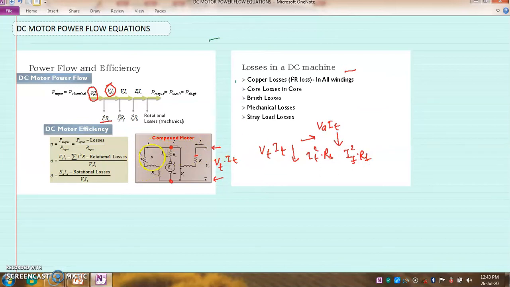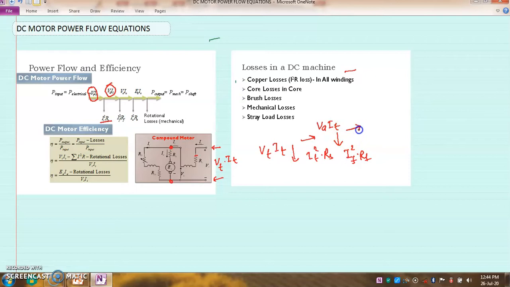This resistance RA is not an external loss. It is inside the armature loss, since this resistance is inside the armature. So I am not subtracting this drop at this instant, because VA multiplied by IT is voltage multiplied by current, but RA is inside the machine. The field loss is external, so that is being subtracted.